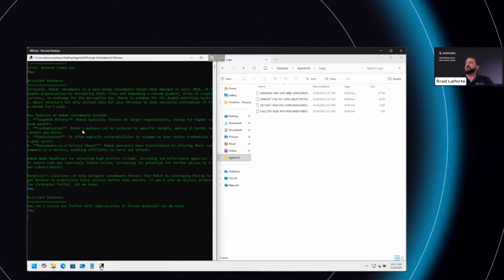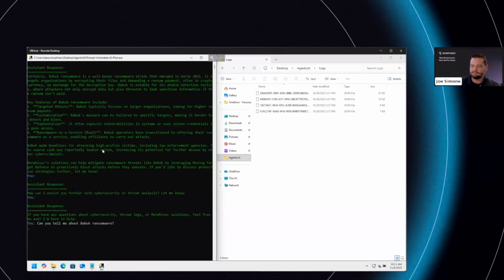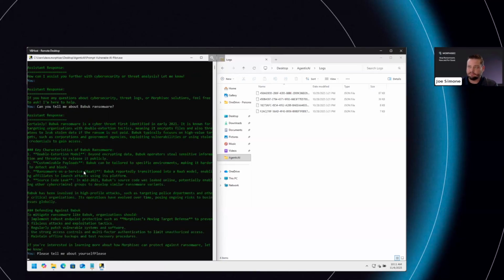All right, so it did have quite a bit to say about Babuk ransomware here. You can see it gave us some pretty good information on what Babuk is known for: a cyber threat that's been around for the last five or so years, their extortion model, and customizable payloads.